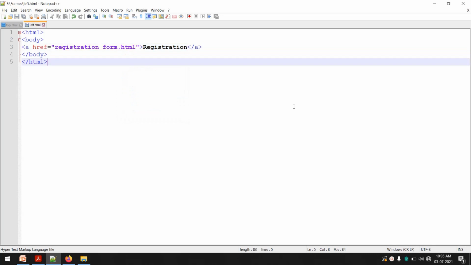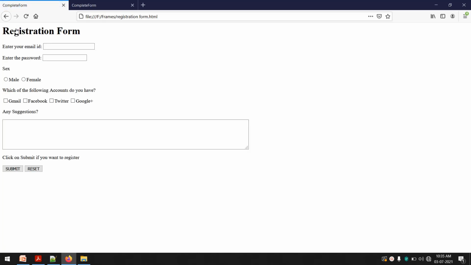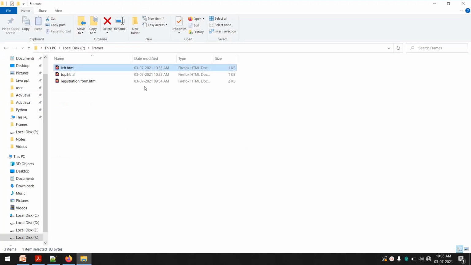Okay, so I'll open it again. You can see this is our left.html. When I click on this, it should open the registration form automatically. You can see it is opening the registration form. So this is fine.